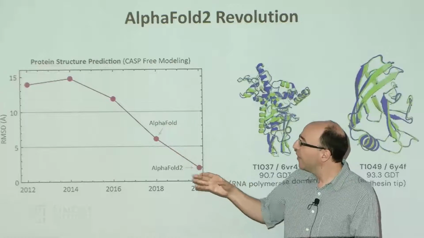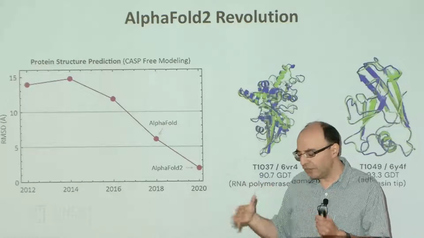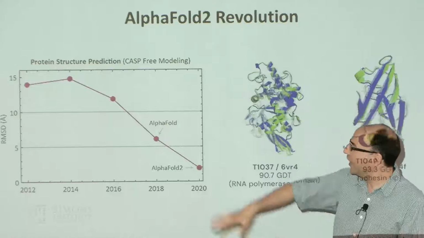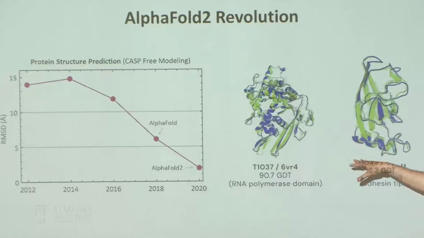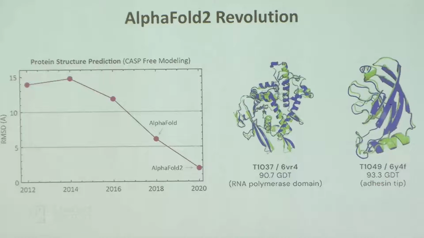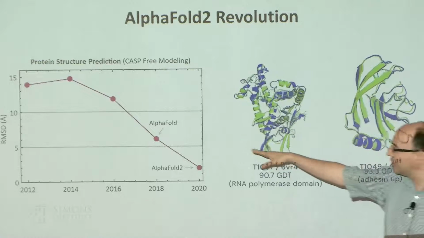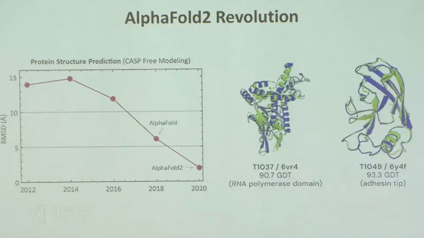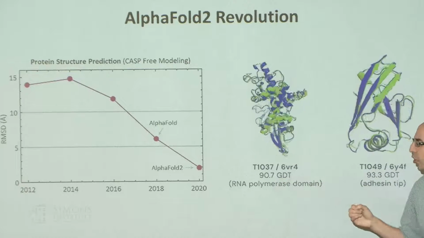That really changed with AlphaFold 1 in 2018. There were a couple of things that they did, but it was mostly good engineering, and that really pushed the error down significantly. So as you can see, there's a very big leap in performance. It was interesting from a methodological standpoint, but less interesting from a biological standpoint, in the sense that the accuracy was still sufficiently poor that people couldn't really do anything with it in terms of biological discovery. But obviously, the big news happened with AlphaFold 2 in 2020, where